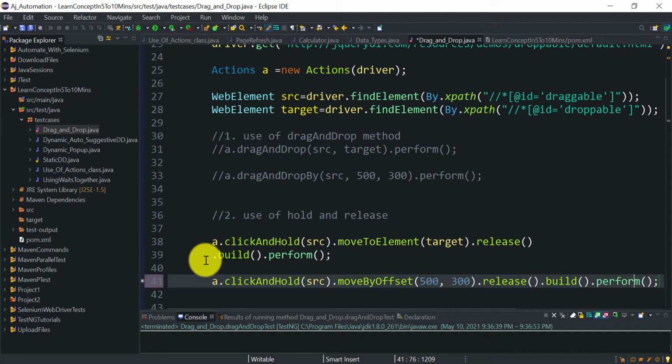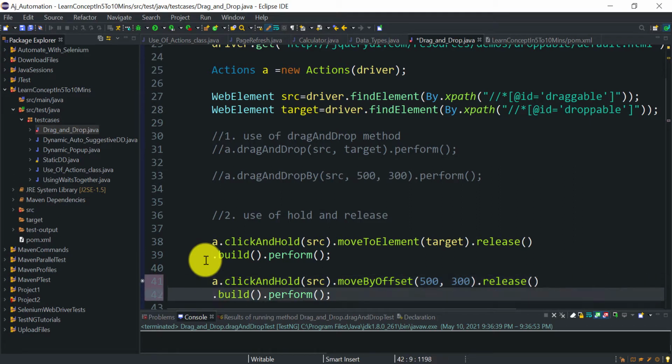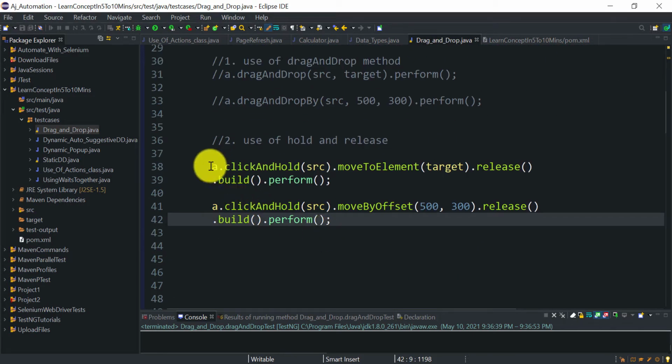So this should also perform drag and drop, but it will drop the web element according to the values of x offset and y offset. Let's see if it is working or not.